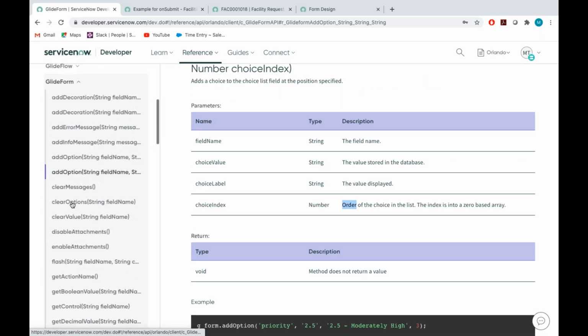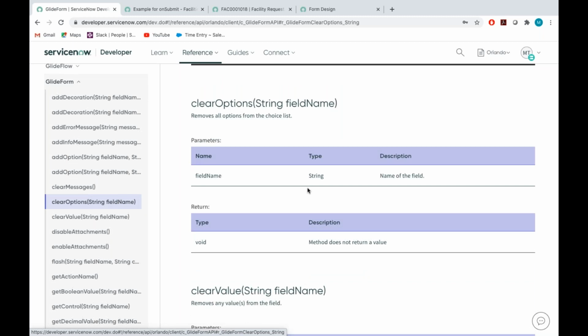And clear options. The clear option is used to clear the choice values. Remove all options from the choice list. This method does not return any value. You just need to use clear options directly, and you should specify that string field. So if you go here,